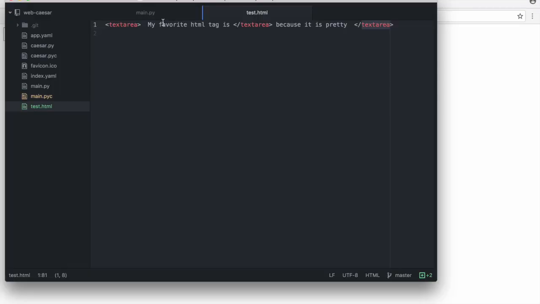And so if we look at this page now, we see my favorite HTML tag is, and that's it, because we closed the text area right here, and then we just have raw text outside of the text area. So that's not good, because I want to tell the world about my favorite HTML tag. So we